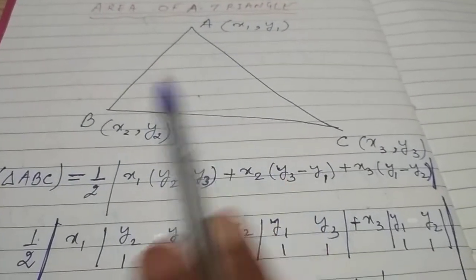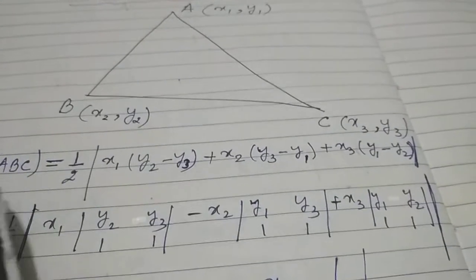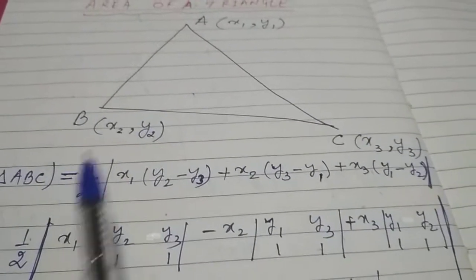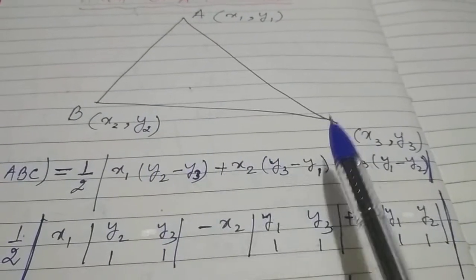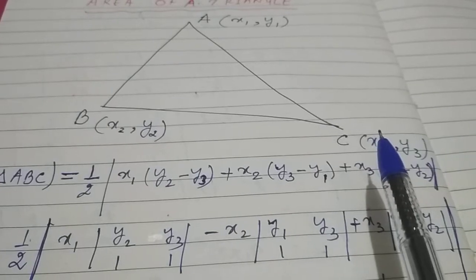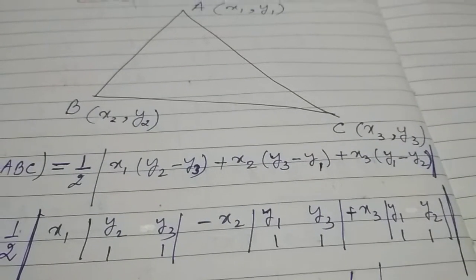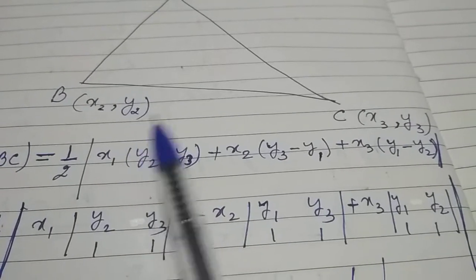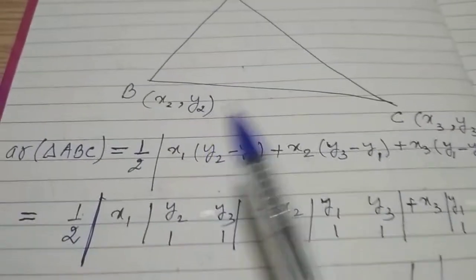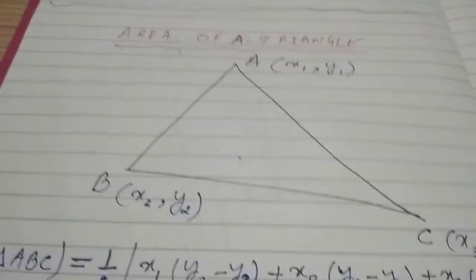It says that if the area of the triangle is 0, then all these 3 points come in one line, or we can say they are collinear, and hence we can also find the equation of a line if 2 points are given and they ask us to find the equation of the line using determinants. You can also find unknown values of constants. These are certain applications that we will see in the upcoming video.